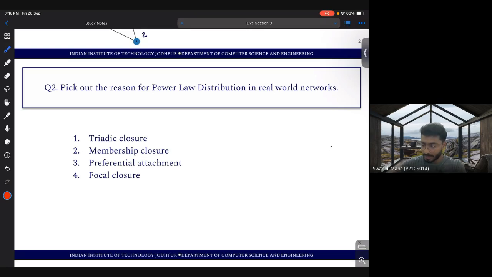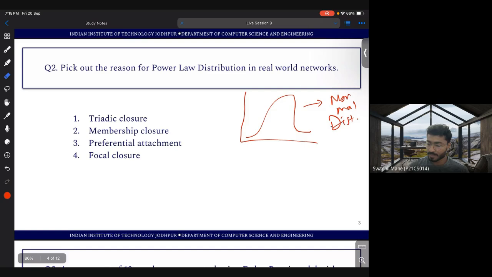In the distributions, we have seen two distributions, right? The first is the normal distribution, for which we have seen some examples, such as the mass or weight distribution of the population, and the height distribution of the population. We found a bell-shaped curve, right, which represents a normal distribution. And in real-world networks,